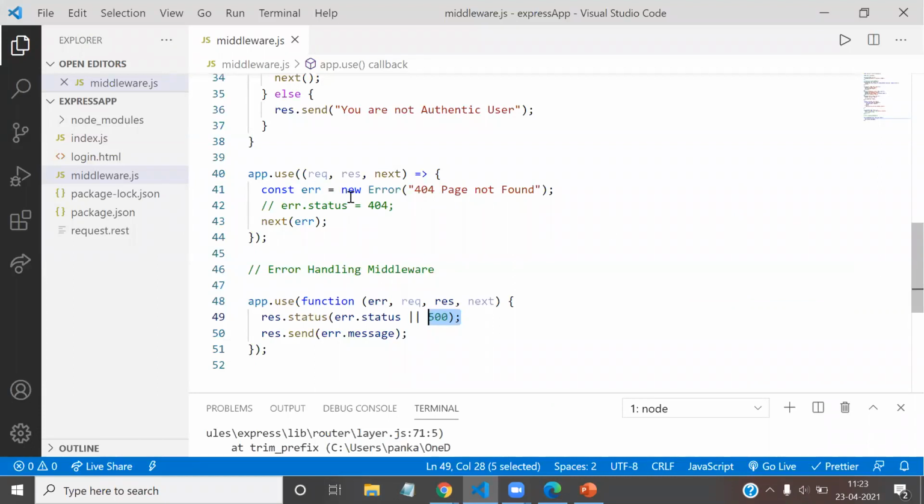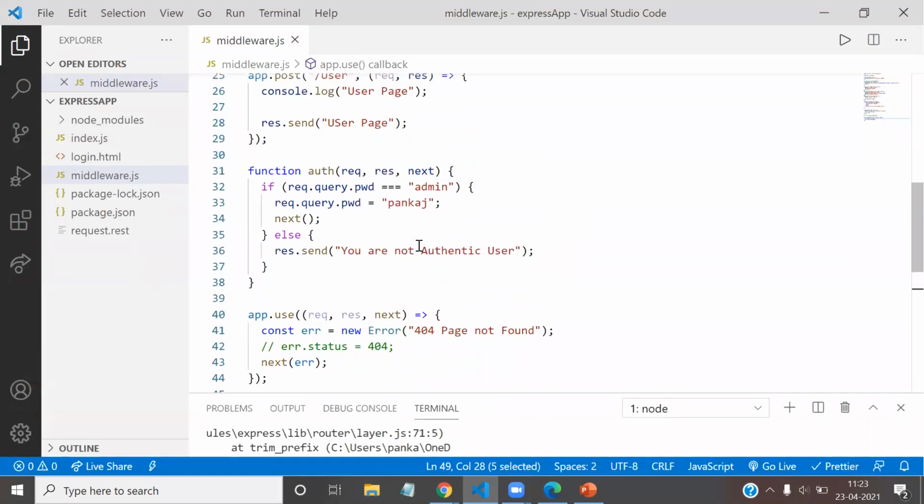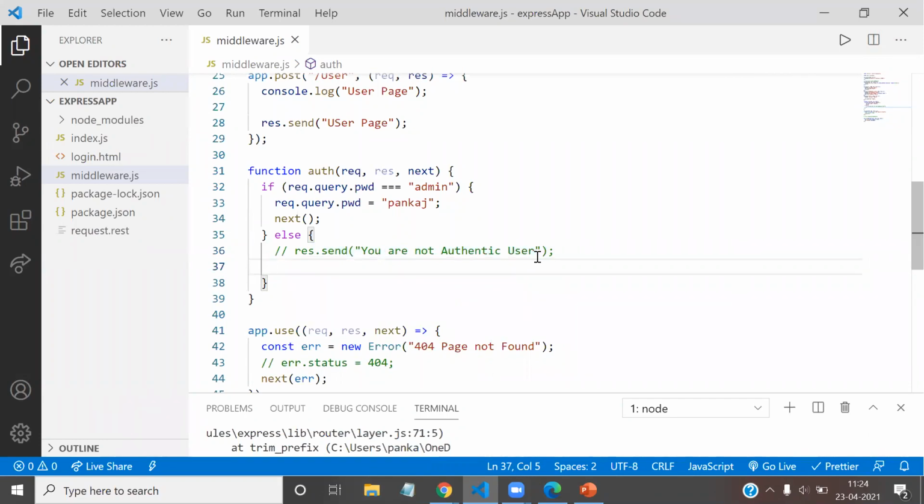So here we are handling the errors. If the page is not found, we send the error with the next function, and then the middleware handles the error. We can also handle an authentication problem, where the user is not authenticated, with the help of an error. How can we do this? We will comment this out first, and we create a new error here.